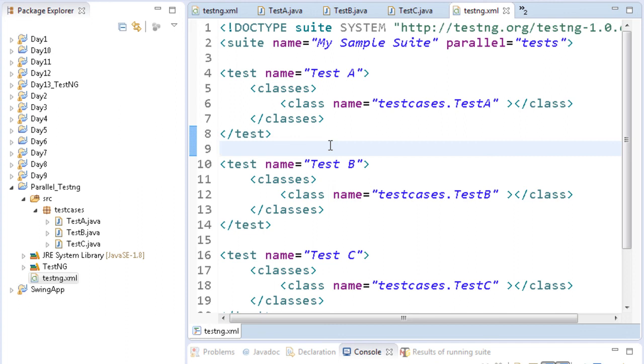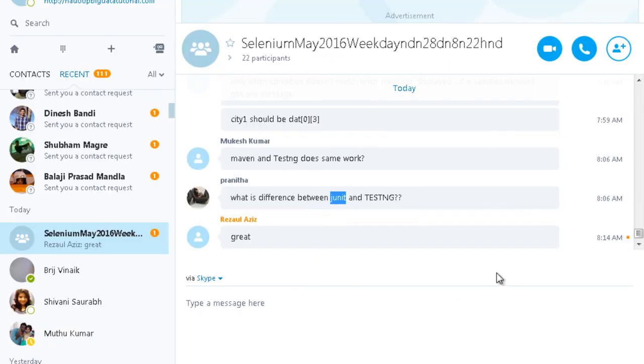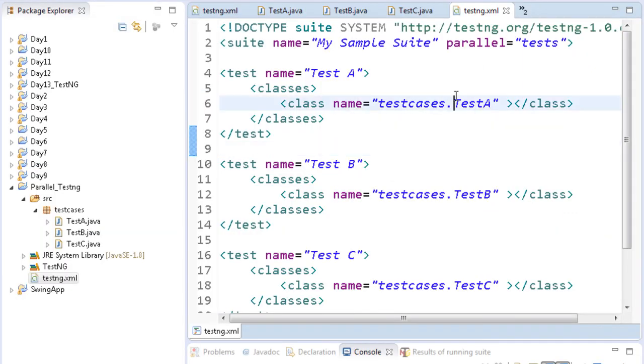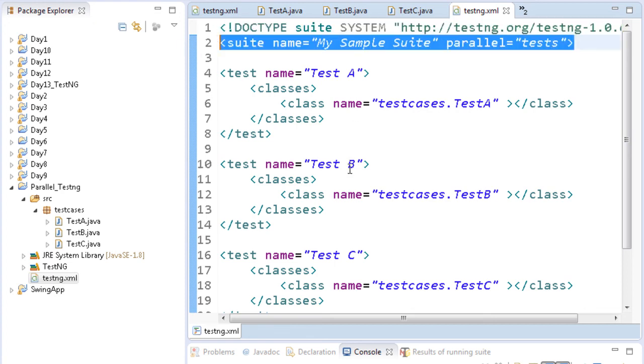But if you want to have a network where you have a central machine and different other types of machines, like a MacBook and a Windows operating system and a Linux and a Unix operating system, and you have to execute the tests in parallel on all the systems, then you will have to use the Grid setup. On a single machine you can do it with TestNG only, but if you want to use multiple machines, you have to have the Grid setup.